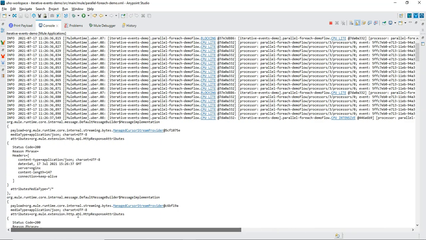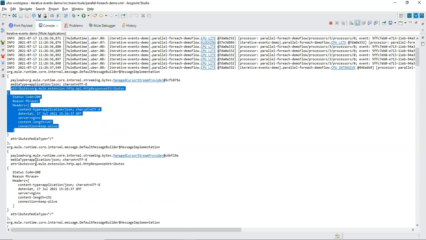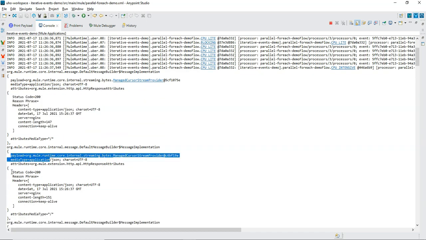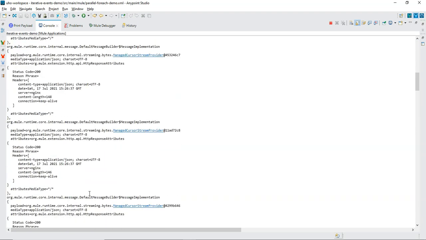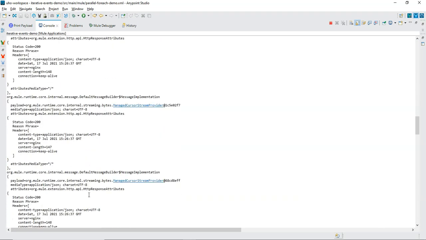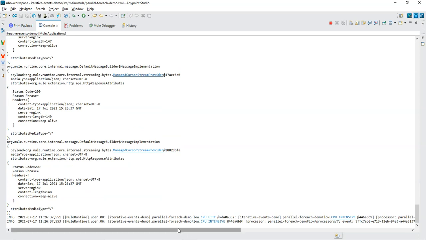In the first response, it has printed the corresponding payload and attributes details. For the next records also, it printed the payload and the attributes details. It has printed up to 24 records, since I have 24 records in the database.